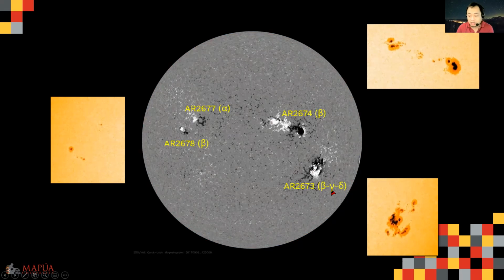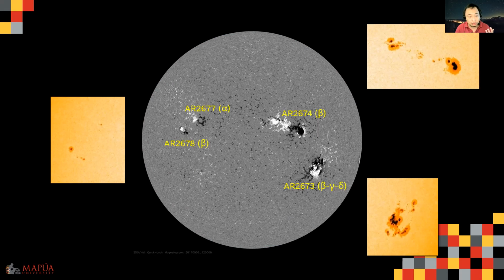Okay, so this magnetic classification gives you an idea how magnetically active an active region is. So if we're going to look at the hottest material, about 10 million Kelvin, the wavelength that we're going to use, if we're going to take a picture of the sun, is 131 angstrom. At 131 angstrom, we can actually observe